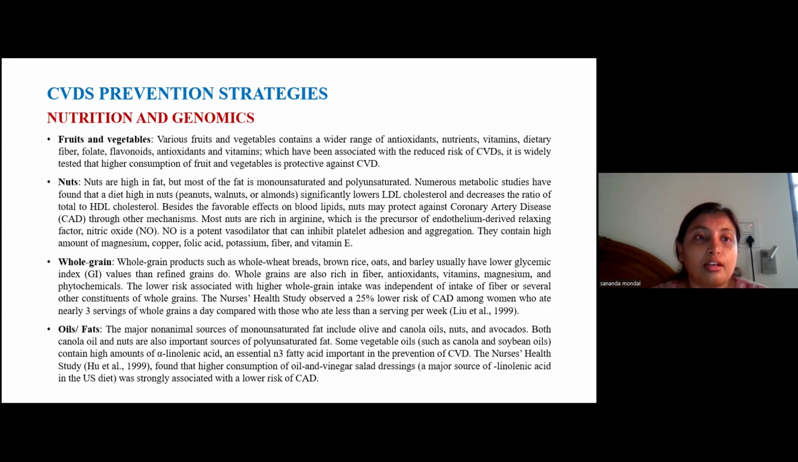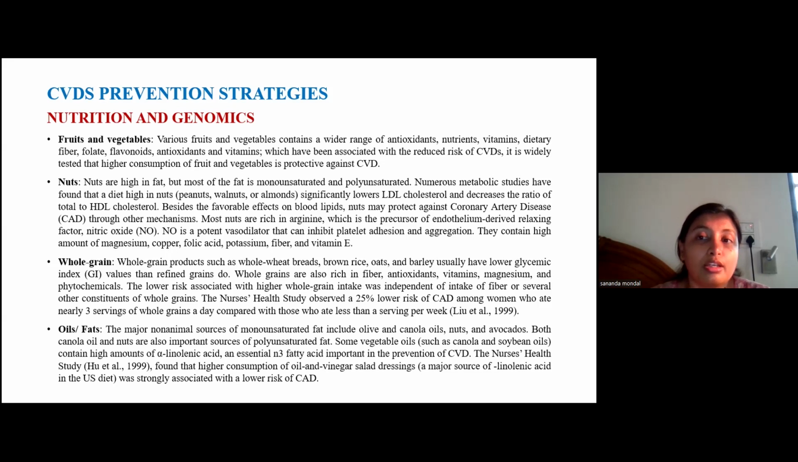Along with fruits and vegetables, nuts are also a very important dietary factor which can alter the responses of the genes, and it varies from person to person. Nuts contain a high amount of fat, but most of the fats are good in nature. They are basically monounsaturated and